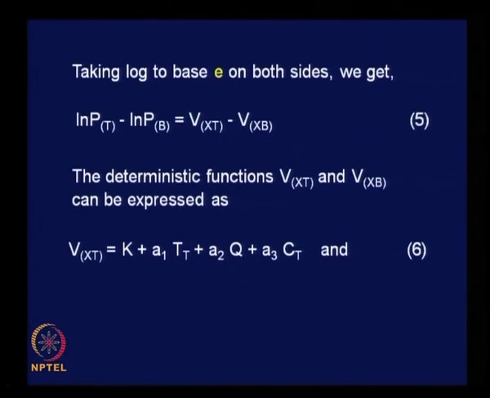So we can write Vxt to be equal to a constant term k plus a1 times Tt, Tt is nothing but travel time by train, plus a2 times q plus a3 times Ct, Ct stands for cost of travel by train. Interestingly, we find a term q. This became necessary